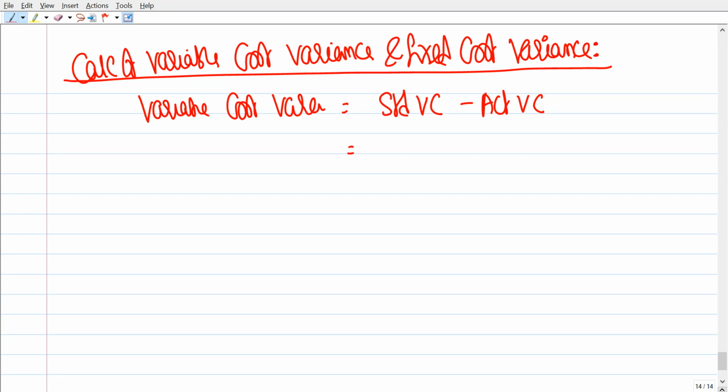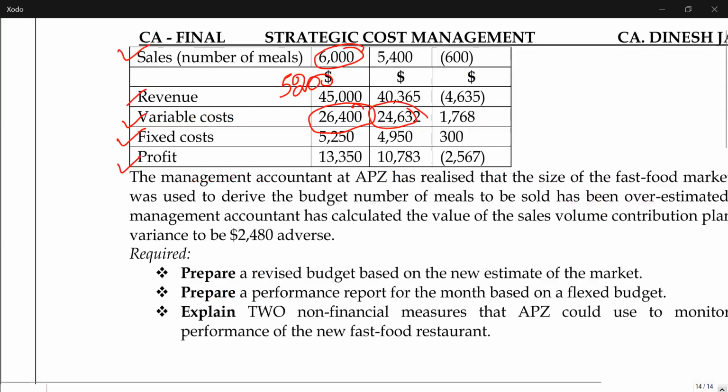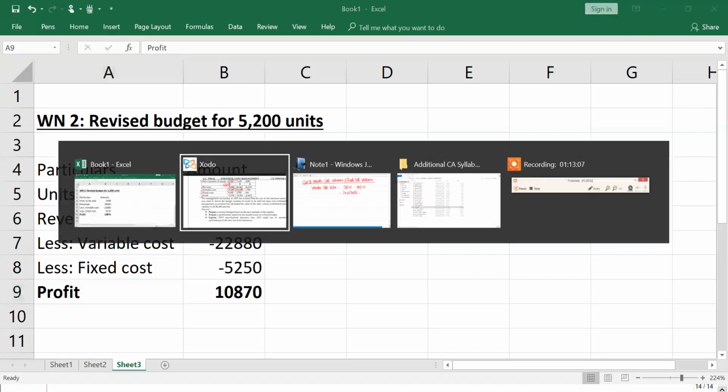Standard variable cost is 4.4 into how many units did we actually sell? 4.4 into 5,400, minus 24,